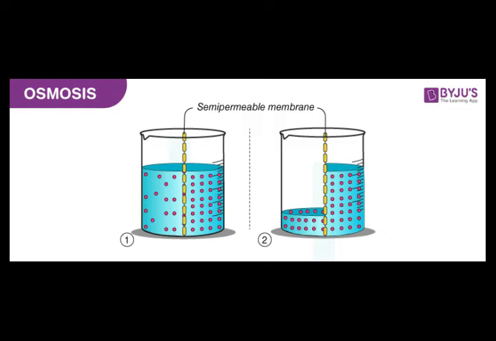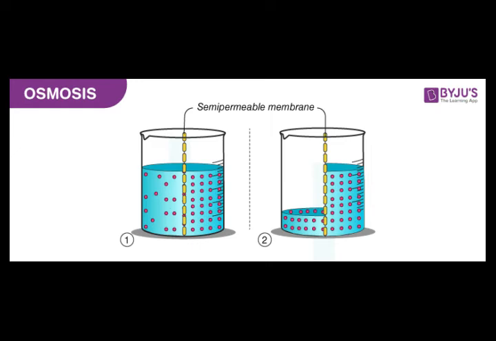And what is the semi-permeable membrane? When we studied the plasma membrane, we clearly discussed semi-permeability and permeability. Permeability means that if a substance is able to enter completely and exit completely without any selection, it is called freely permeable or permeable. Otherwise, if it is semi-permeable, it will allow certain substances to enter and certain substances to exit, not everything. That is what happens in osmosis.